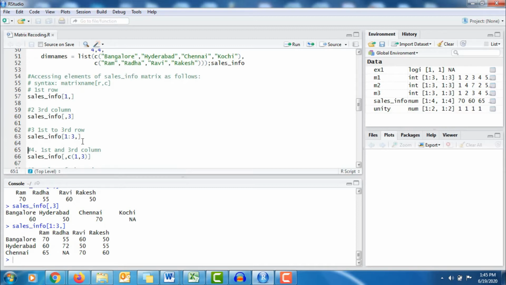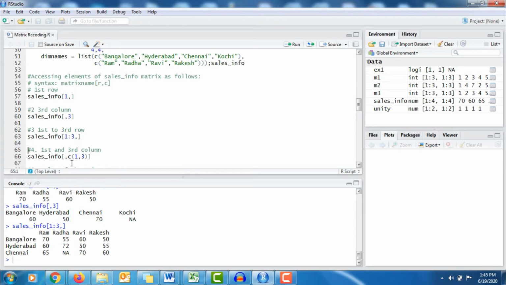What if I want to access first row and third column? So I have the row position and the column position both available. So obviously the value which will be accessed will be at the intersection of first row and third column. So how to write this? Sales info, square bracket.